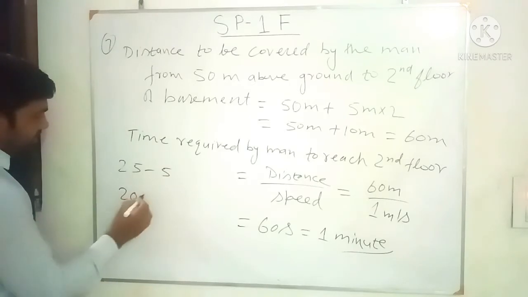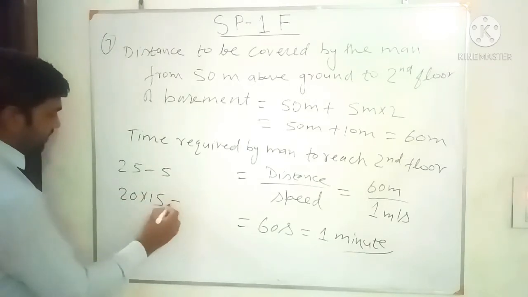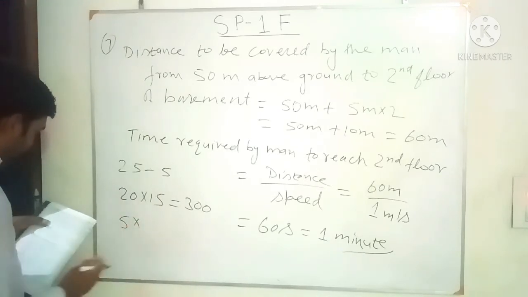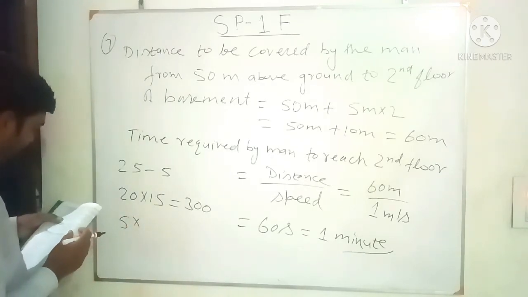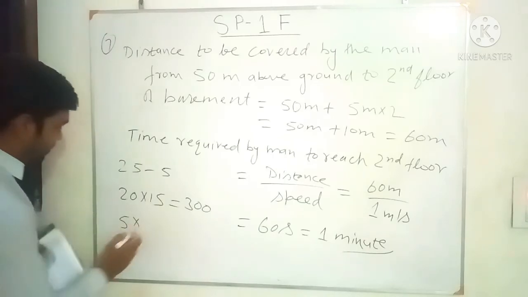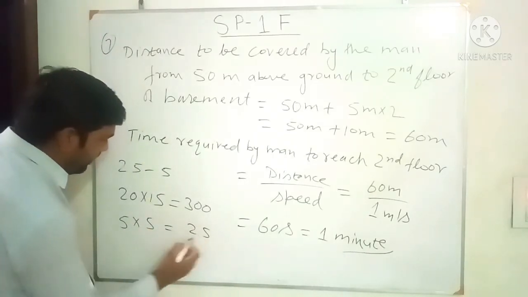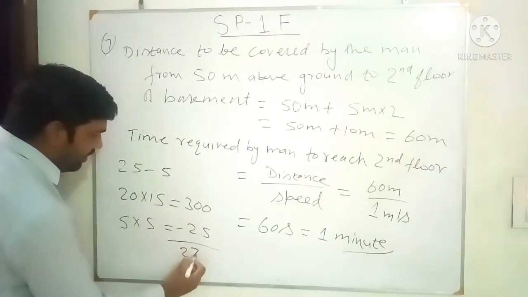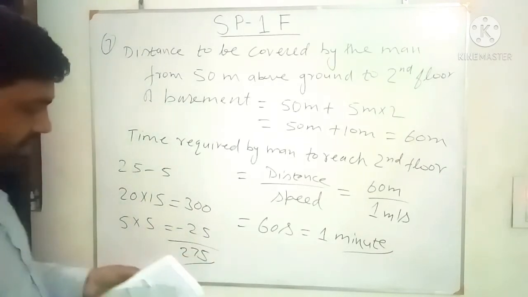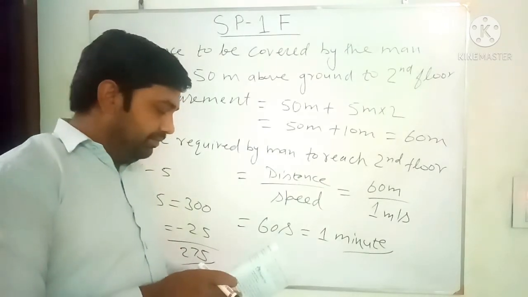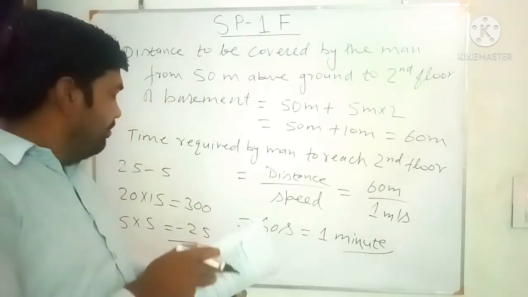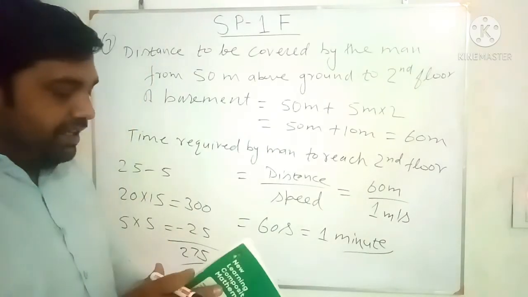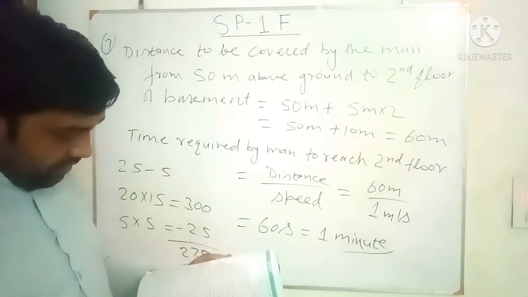So for hitting the 20 shots at the target, he will be paid 15 rupees each. So that is 300 rupees he will be paid. But for each missed shot, he has to pay the stall keeper 5 rupees. So that is 25 rupees he has to pay. So we have to subtract it, because 300 he got and 25 rupees he has to pay to the stall keeper. So that is 275 rupees. So Manish will earn 275 rupees by doing this activity.